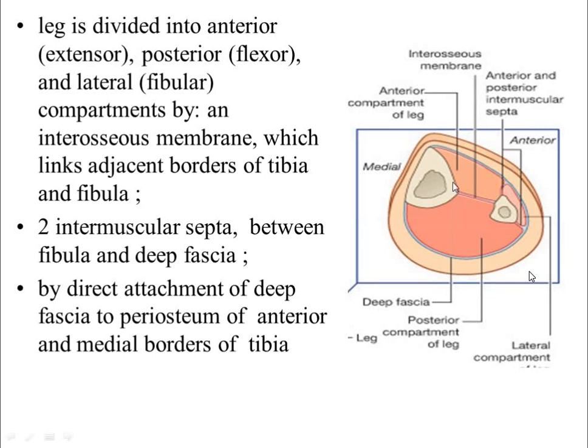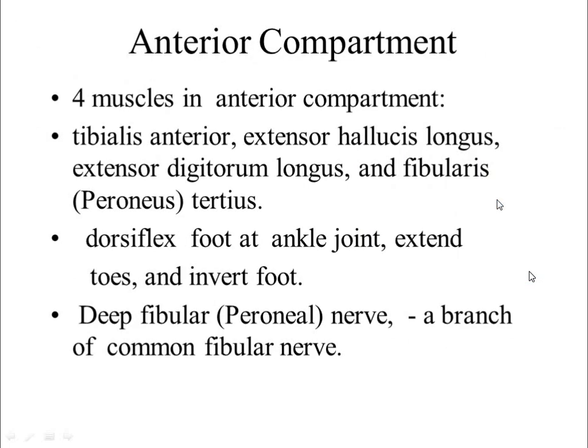Today we are going to discuss the anterior compartment of the leg, that is, the deep fascia in the front, the interosseous membrane behind, and then the anterior intermuscular septum. This anterior compartment of the leg has four muscles: tibialis anterior, extensor hallucis longus, as the name itself suggests, this is going to be extensor of the hallux or the great toe,